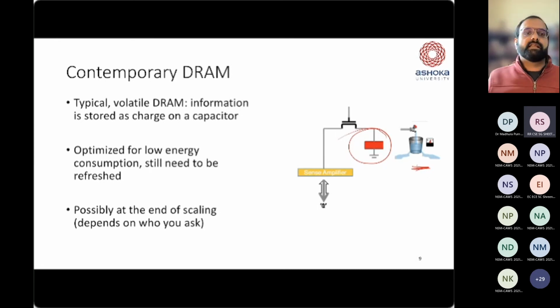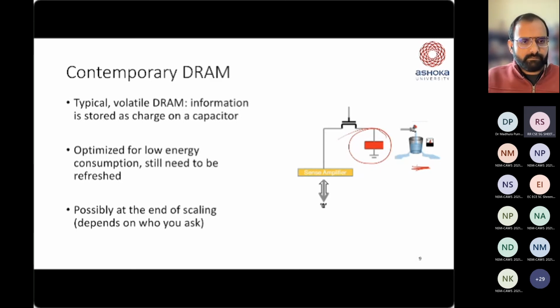If enough charge has leaked, then that bit has flipped. And the smaller your capacitors get, which you have to do when you're trying to pack in more capacity in given square millimeters, the faster the charge leaks, and the more frequently you have to refresh